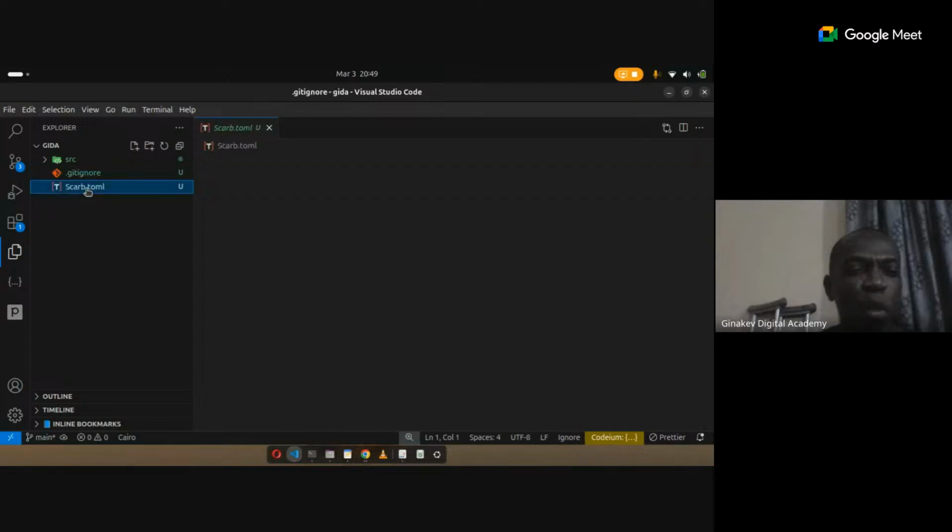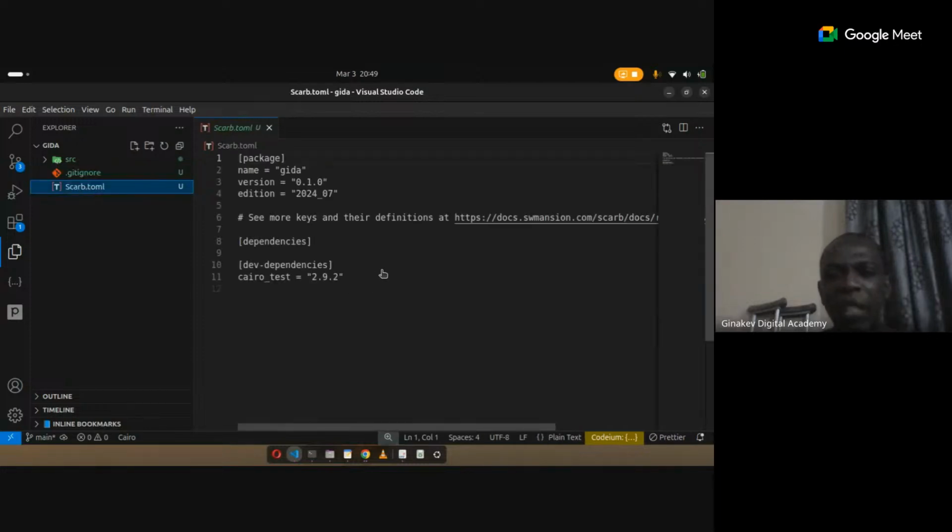Now we have the toml. These are where you keep the dependencies, dev dependencies, the package, and the normal dependencies. This is where you keep them. As time goes on, we'll be writing code inside the